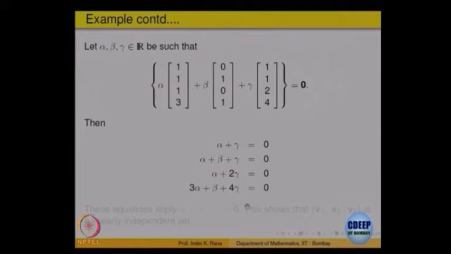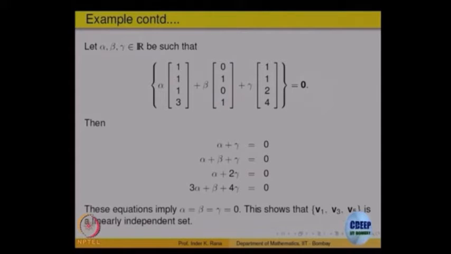If you solve these things, it will give you that alpha is equal to 0, beta equal to 0, gamma equal to 0, all 3 are 0. That means we are checking by the very definition, if a linear combination of vectors is 0, then each one of them is equal to 0 by looking at the corresponding system of equations. So these are linearly independent, that is verified. Next, what should I do? Check that all 6 are linear combinations of these 3, but these 3 are themselves anyway linear combinations of themselves. So the remaining ones, right, are linear combinations. So let us look at that.